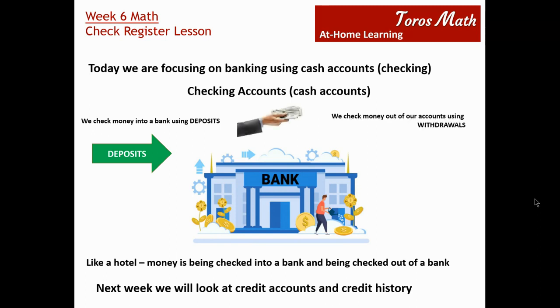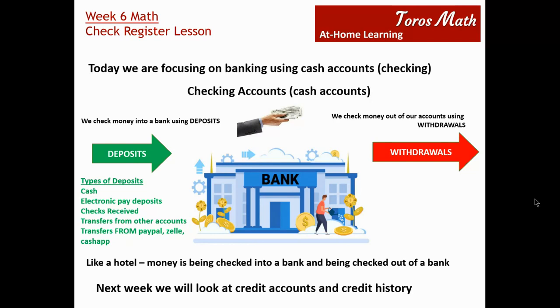Then we look at money coming out of the account. We're going to check the money out of the account, and that's going to be a withdrawal. So money is coming out of the checking account as we need to pay for something or we need to use it. So different types of deposits, different ways money goes into the account, is